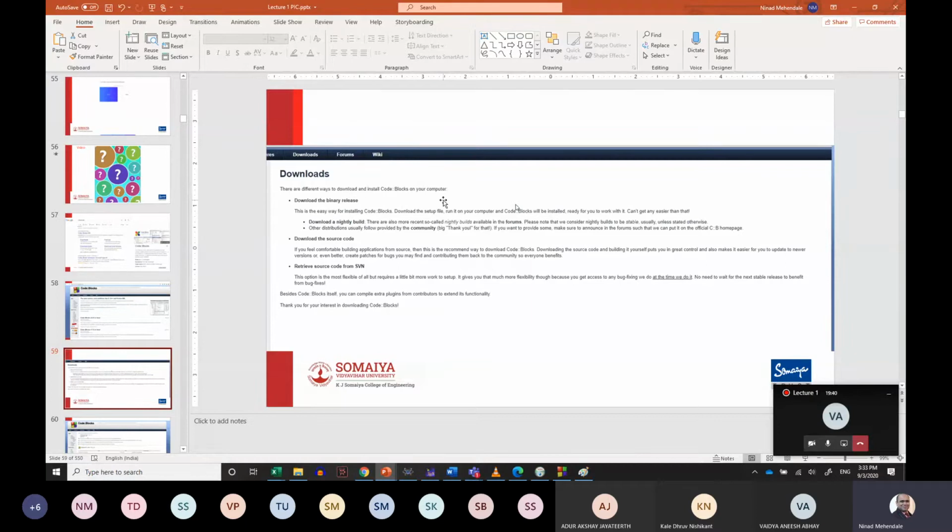Now, what is a binary release? Basically, that is an executable file. Source code is the basis of that program, the basic program behind that file. So Code Blocks itself is an application written with some coding, and that coding is open source. So it is giving you the option of downloading the source code. We generally, as users, first try to see if there is any binary file available for us which can run directly. So you have to click on download,